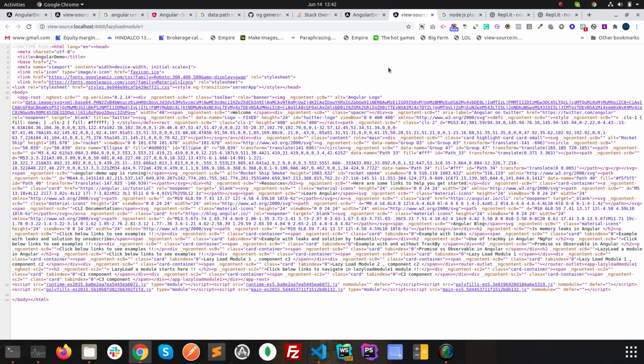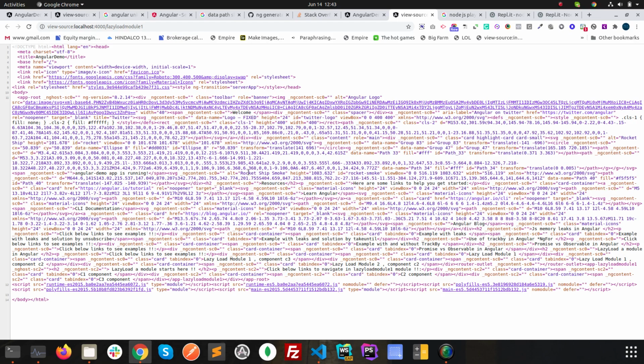You can see in the body there is app root for sure, but the whole content is there. Generally, whenever we publish multiple HTML pages as a project on the web, we see the whole content of the page when we go to the view source.